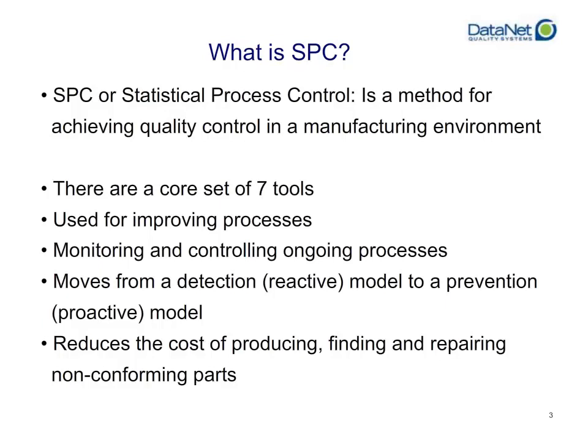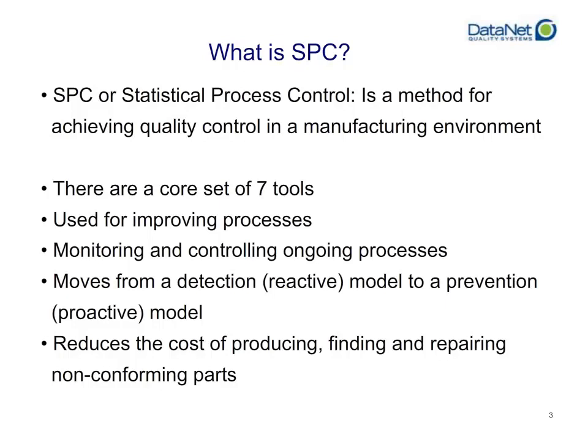SPC stands for Statistical Process Control, and it is a method for achieving quality control in a manufacturing environment. There are a core set of 7 tools for use with SPC. These are intended to be used for improving your process, for monitoring and controlling ongoing process, and the implementation of